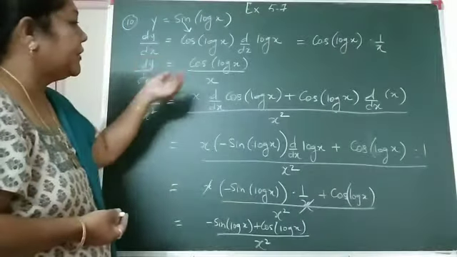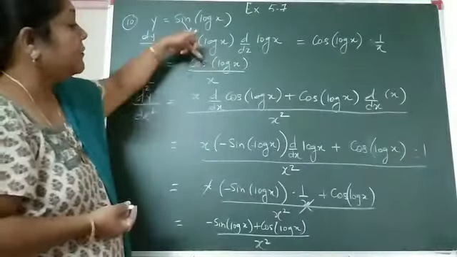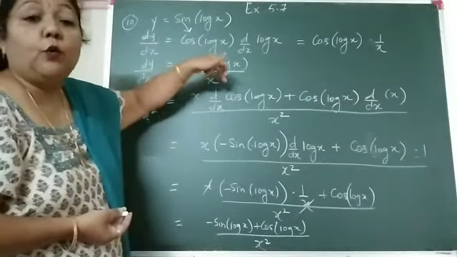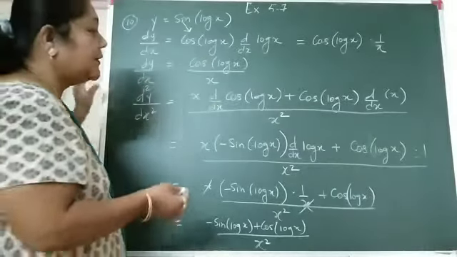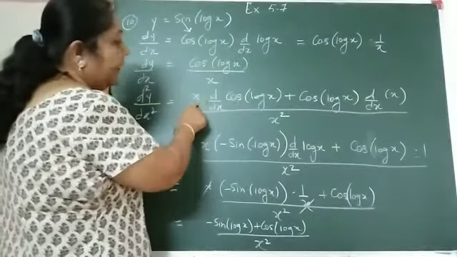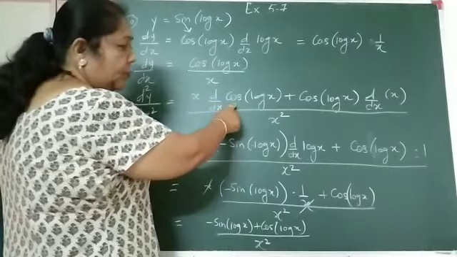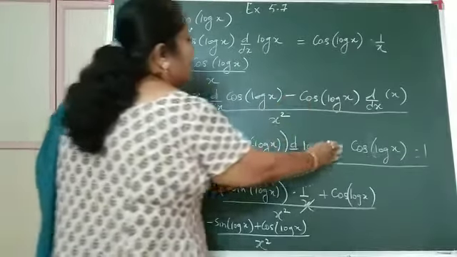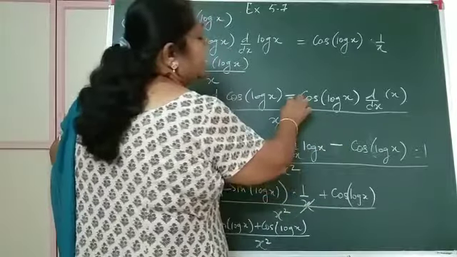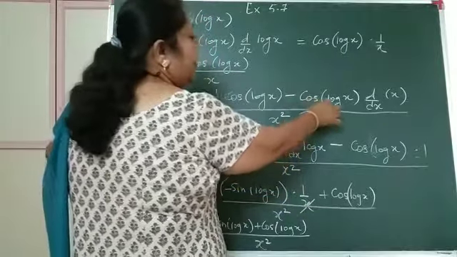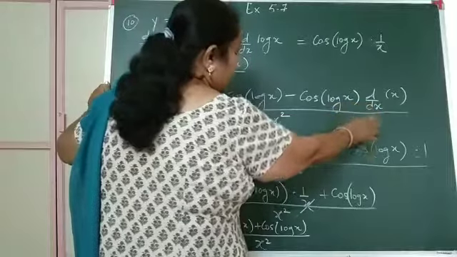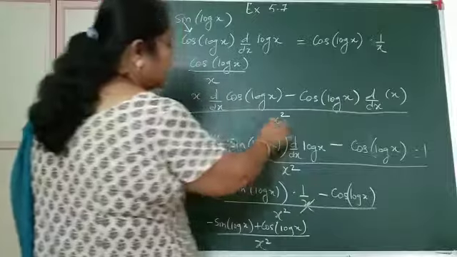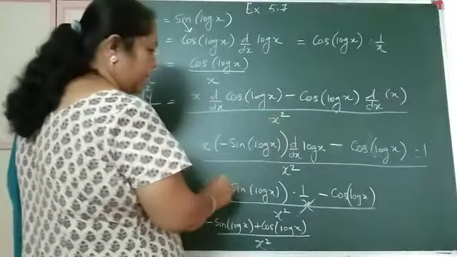Because I have to differentiate it one more time and it is of the category u upon v, it is going to follow the quotient rule. So what does the quotient rule say? Denominator, and then we differentiate the numerator. Then the next term I have is minus, then we have the numerator as constant and we differentiate the denominator, that is x, upon the denominator whole square.